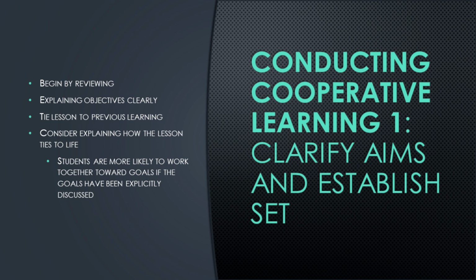The first phase of conducting cooperative learning lessons is to clarify aims and establish set. One should begin any lesson by reviewing what the students learned previously. Next, you should explain the objectives of the lesson clearly so the students know what they should be able to do by the end. You will want to tie this